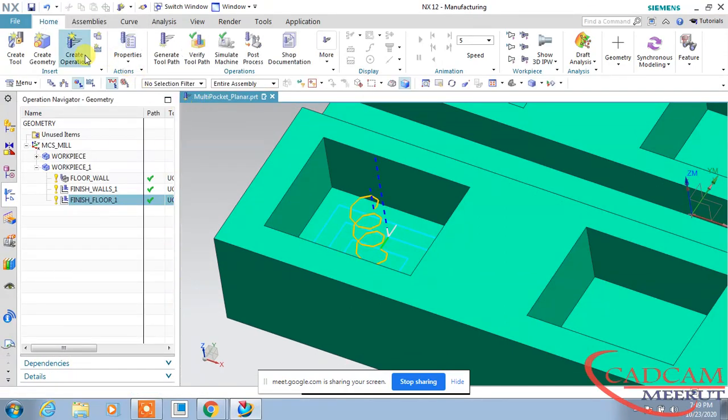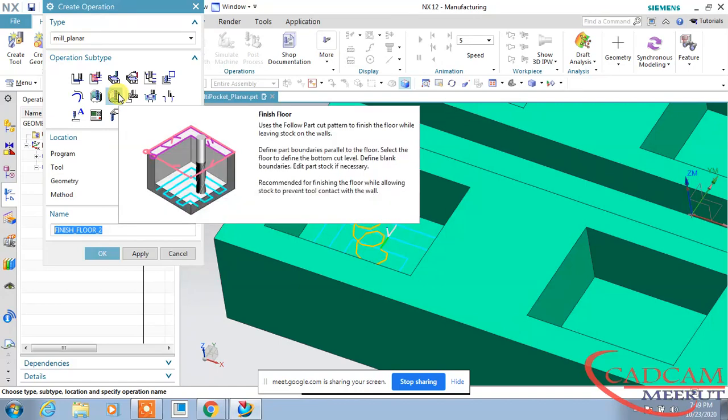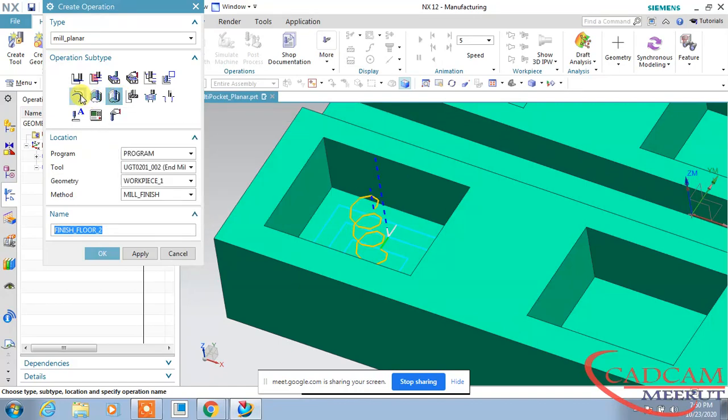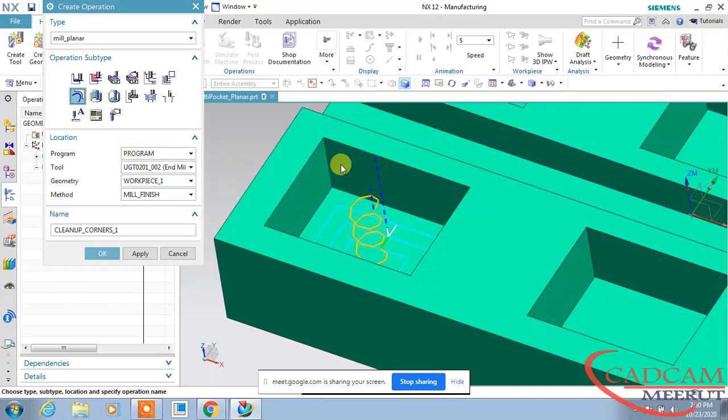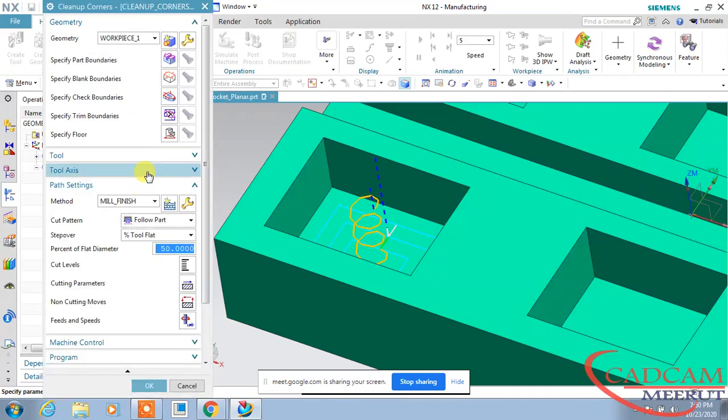And for this corner finish, select this cleanup corners. It will clean the corner, whatever material is left. So I will choose this 2 mm diameter tool, and keep this the same.